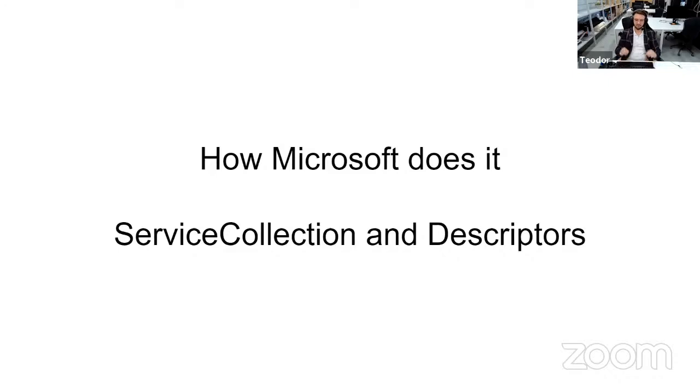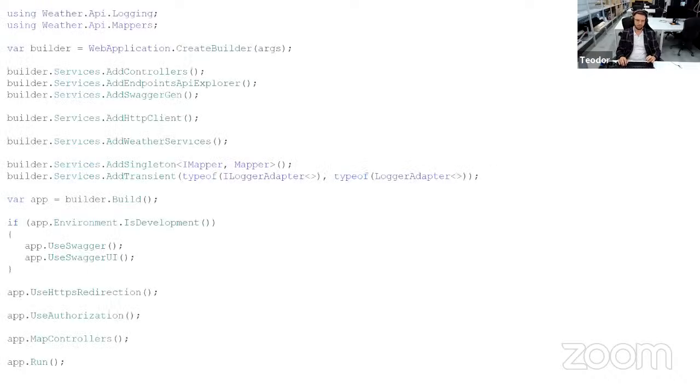Okay, so now that we got the basic introduction, let's see how Microsoft implements this dependency injection framework. Well, it actually does it with 2 main components: the service collection and service descriptors, to be more accurate. So let's see an example. This is like a classical web application